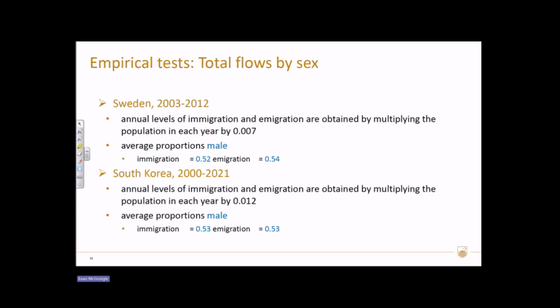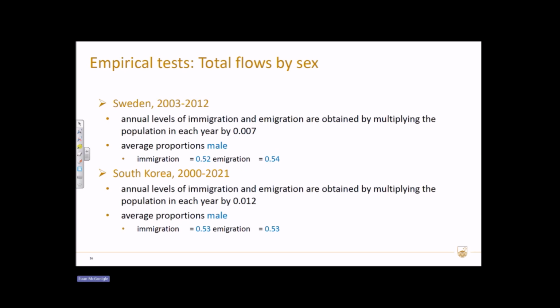So I came up with this method. I had to prove that it worked, so I got some empirical data. I used Sweden's data. This is stuff I just had sitting on my computer. Sweden's gotten quite old. I could have updated that, but I was too lazy to do it. And what I did is I just looked at this kind of time series data, and for my proof of concept, I just took average observed proportions to see how well they would predict changes